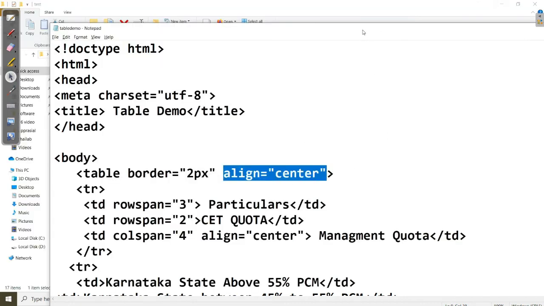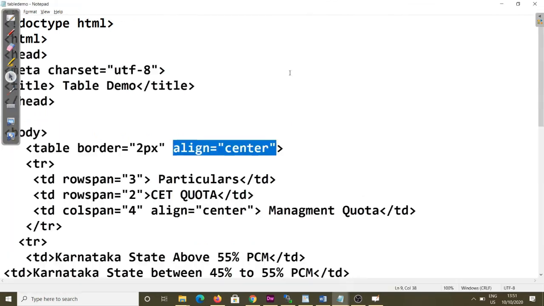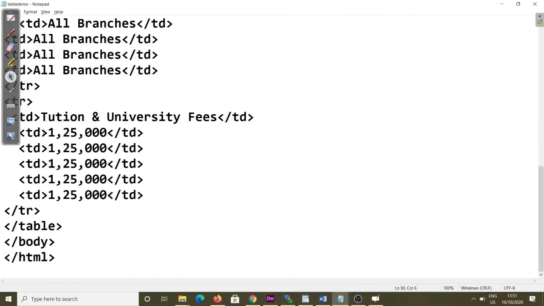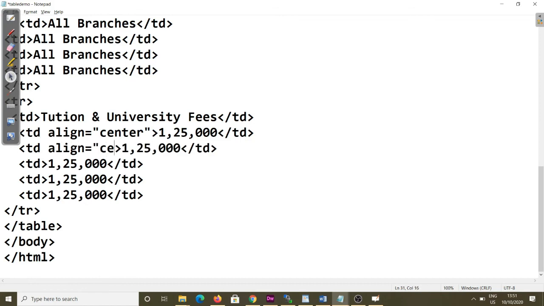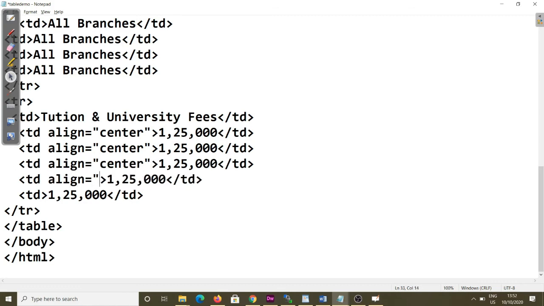You can again use the align for the value only. This is the value here, TD align equal to center, right? Here again TD align center, then again TD align center, TD align center, TD align center, and all values will come center.